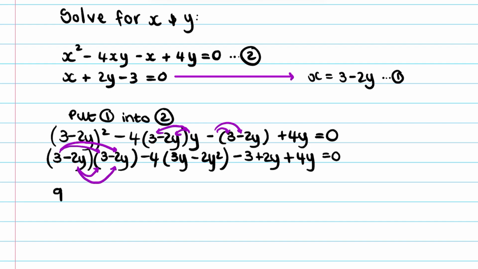So now I'm going to use my FOIL here to make sure that I get my answer correct. That will give me 3 times 3 is 9. 3 times negative 2y is going to give me negative 6y. Same with the other one, negative 6y. And then minus 2y times minus 2y is going to give me positive 4y squared. Now I'm going to multiply my 4 into this bracket here. So I'm going to have minus 12y plus 8y squared,